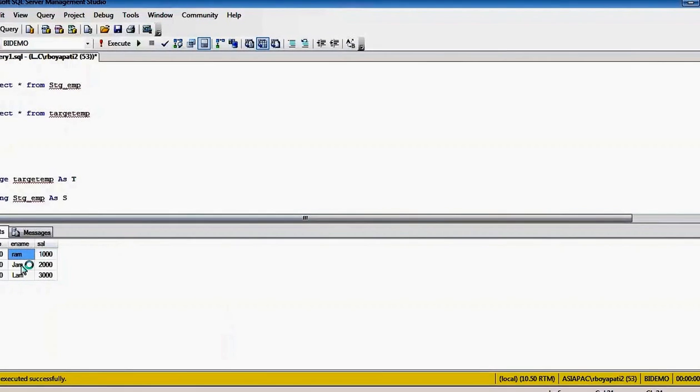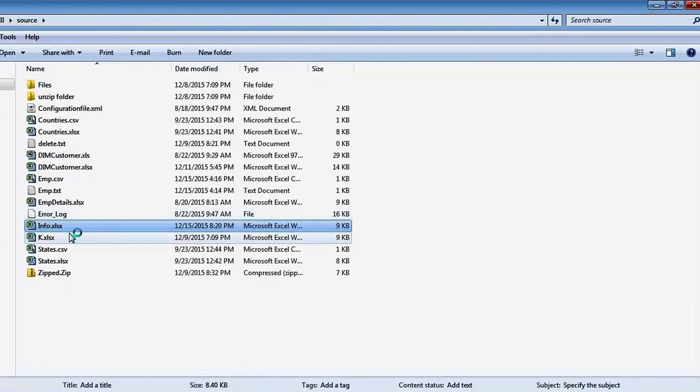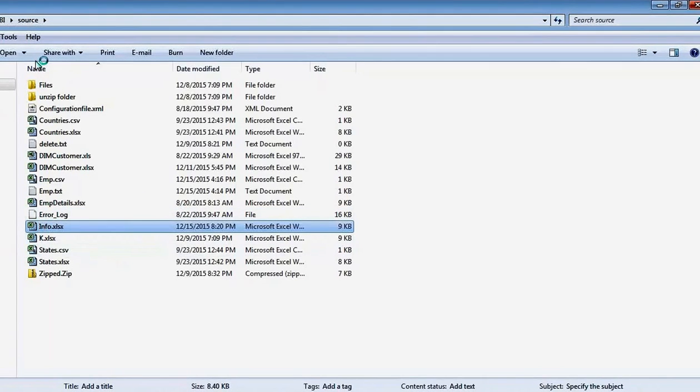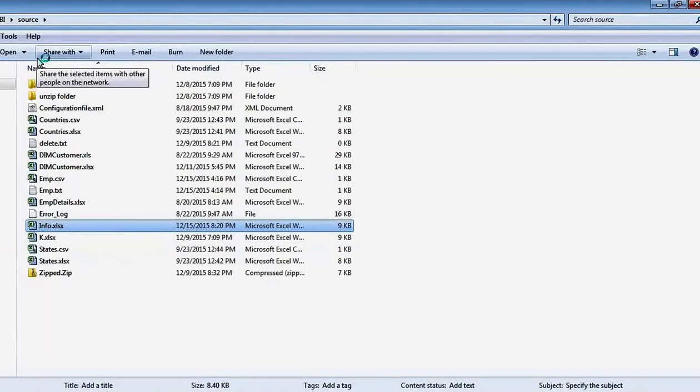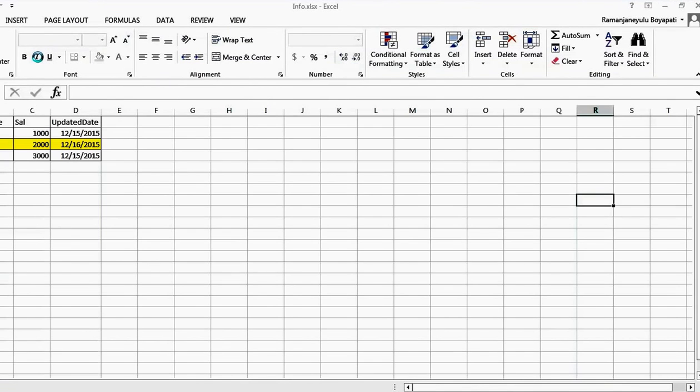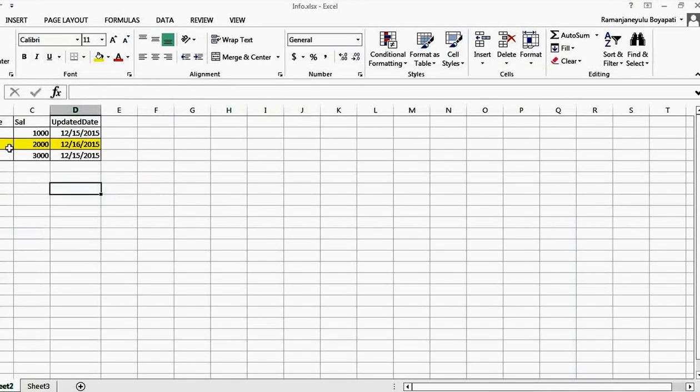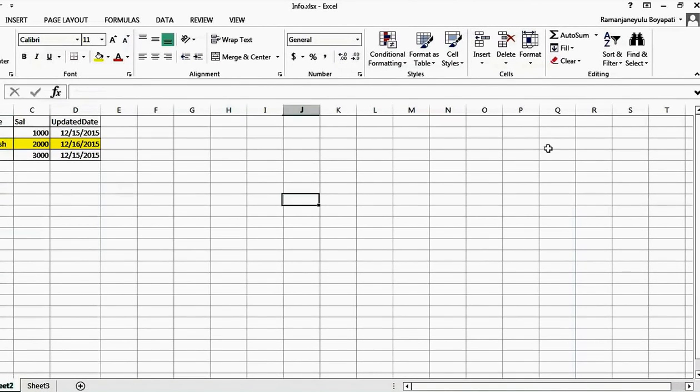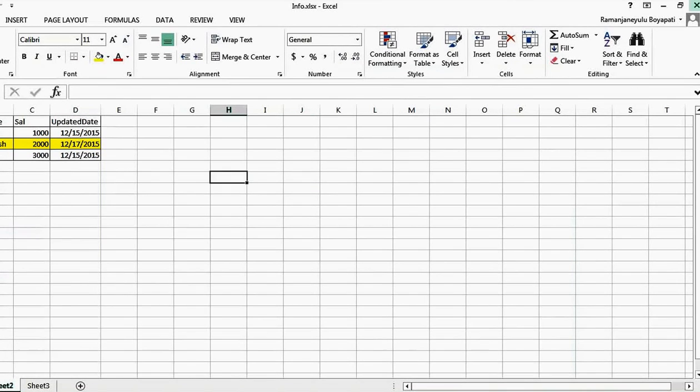See, the data is Ram, Jam, Lam, right? Okay, I want to make it Ramesh instead of Jam, and the date is 17. You can make it.